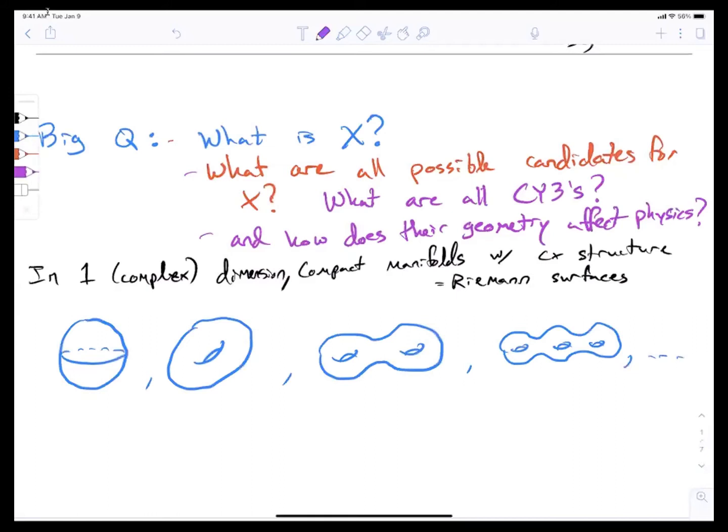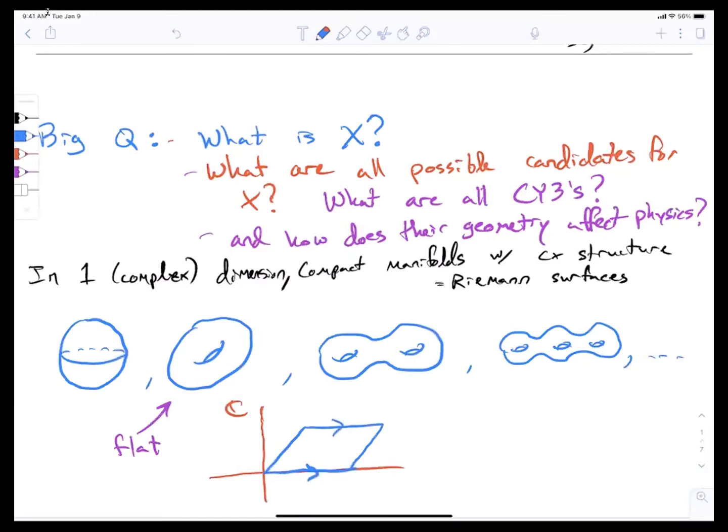And then there's that mysterious Calabi-Yau property that I mentioned, which is really just some flatness property. And the flat one out of all of these is the torus. And of course, it doesn't look flat the way I've drawn it, but that's because I've only drawn topologically what it looks like. The way I put a complex structure on this torus, think of it as something that locally looks like C, is I take the complex plane, I cut some parallelogram out of it, and I glue edges together.